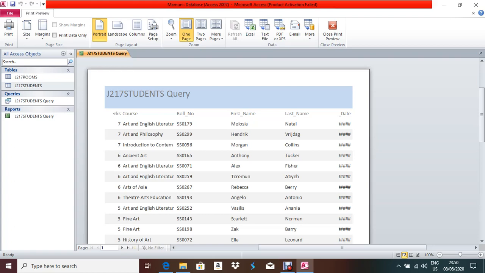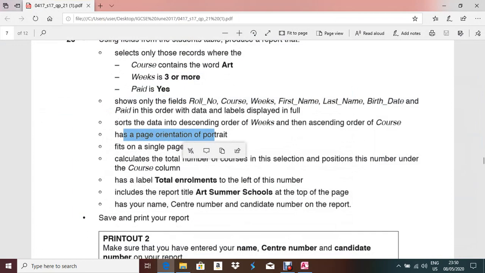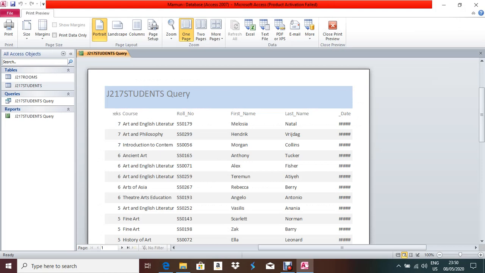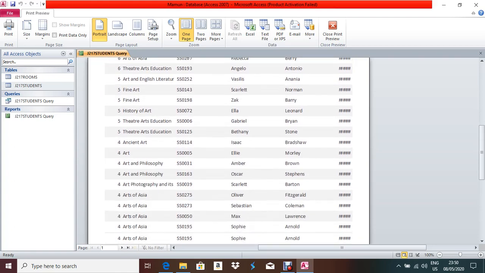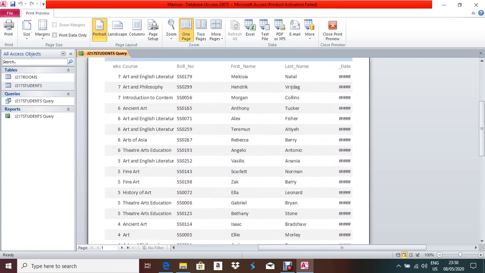So our field is not visible properly. So let me check the question. How many fields were there? 1 2 3 4 5 6 7, and here 1 2 3 4 5 6. Course, roll number, first name. Okay, now what you have to do, open this one into layout view